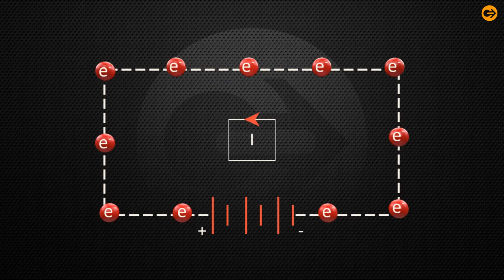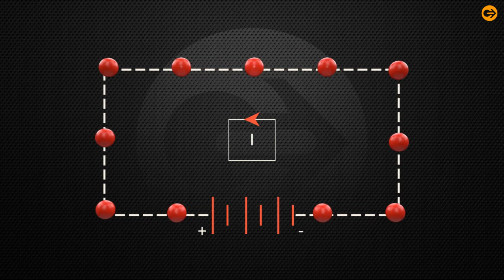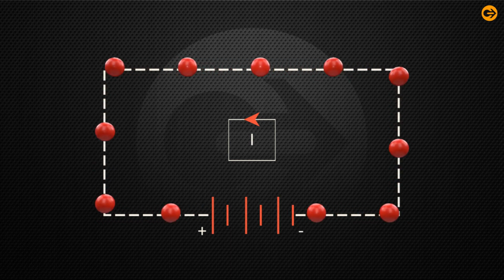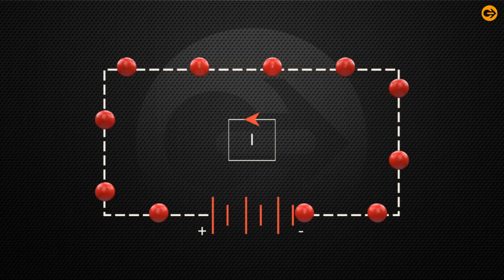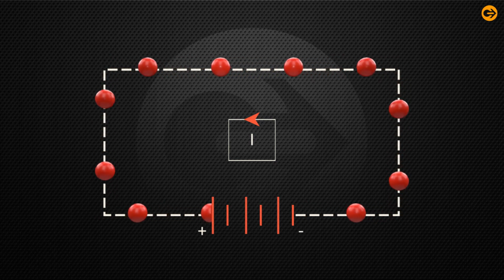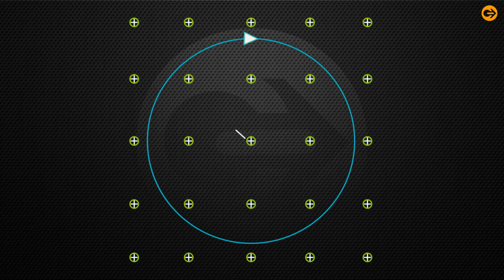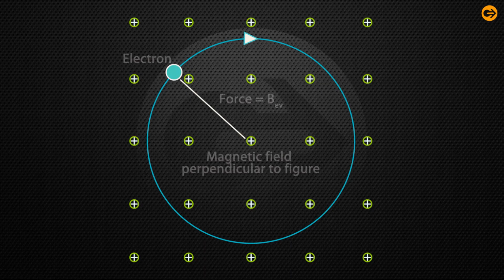Electrons, the negatively charged particles, are pushed in the opposite direction of the electric field, while holes, positively charged, get pushed in the same direction as the electric field, but the resulting conventional current points in the same direction as the electric field in both cases. If a force is applied to a particle and the particle moves, it must gain energy.